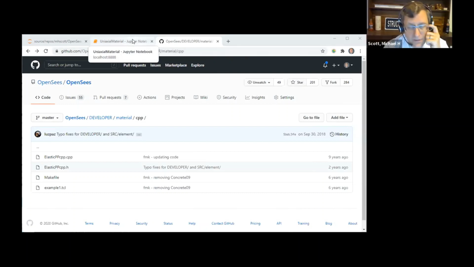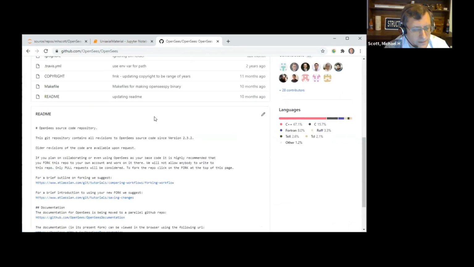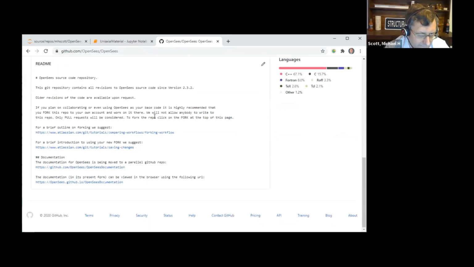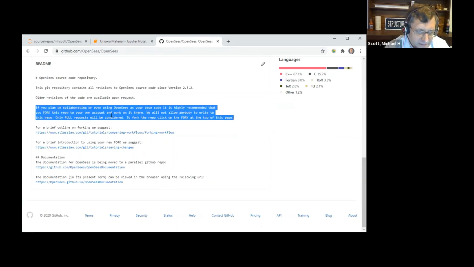Actually, before you add the material, it's very obscure, right? But if you plan on collaborating or using this as your base, I highly recommend you fork this repo. So if you have a GitHub account, you'll need to fork the repository,